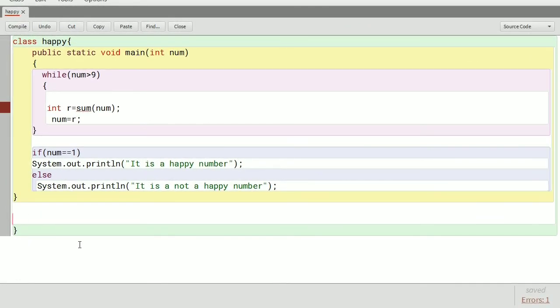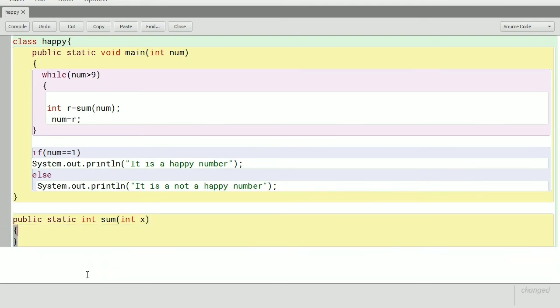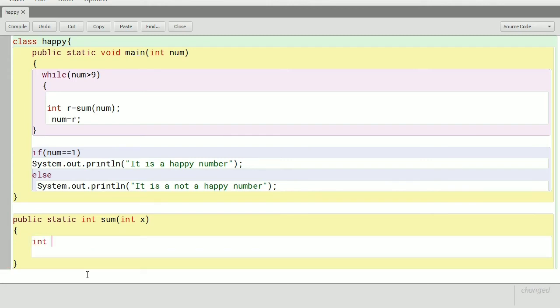Function for it. So what is the name of the function? Sum is a function. The function is going to return a value back. So here the number I'm accepting, for that number I'm going to find the sum. So one variable s is equal to 0.